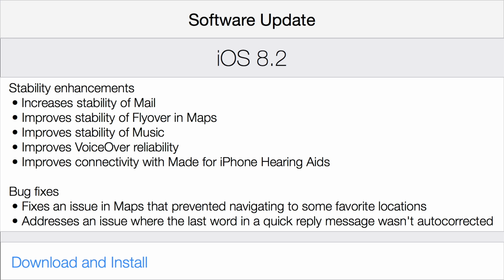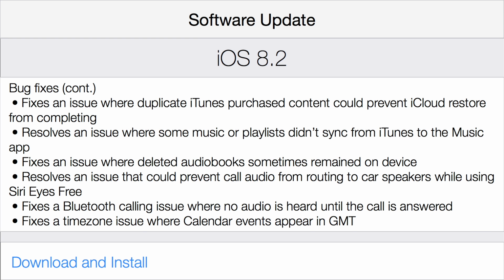Under Bug Fixes, iOS 8.2 fixes an issue in Maps that prevented navigating to some favorite locations, addresses an issue where the last word in a quick reply message wasn't autocorrected, fixes an issue where duplicate iTunes purchase content could prevent iCloud Restore from completing, resolves an issue where some music or playlist didn't sync from iTunes to the Music app, fixes an issue where deleted audiobooks sometimes remained on device, resolves an issue that could prevent call audio from routing to car speakers while using Siri Eyes Free, fixes a Bluetooth calling issue where no audio is heard until the call is answered,